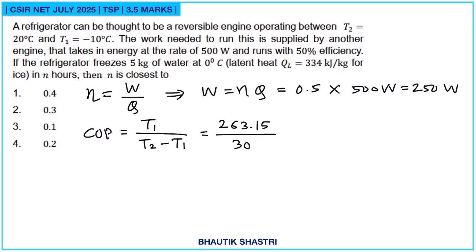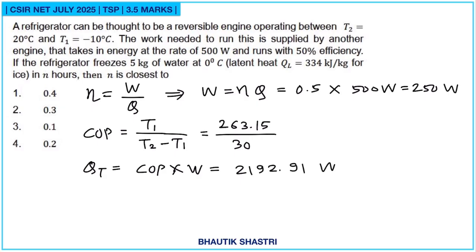Now the energy that is given, that will be QT, and that will be equal to this coefficient of performance into work done. So this will be equal to 263.15 by 30 into 250, which is